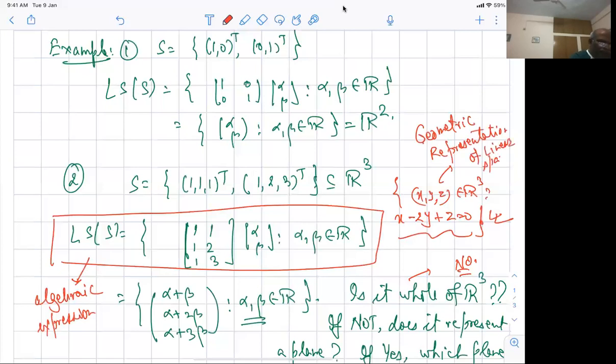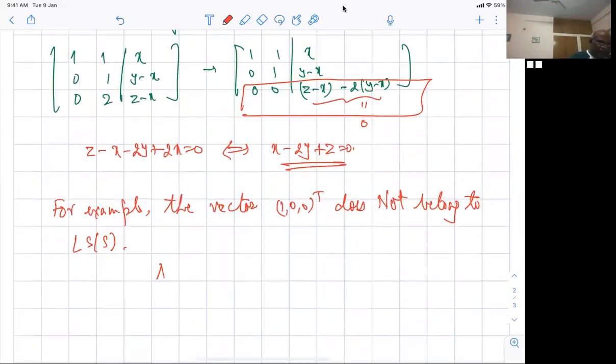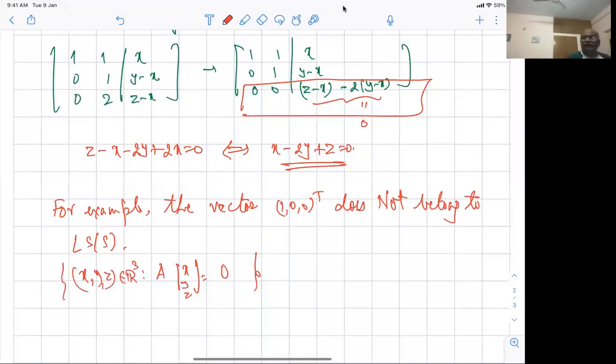So there are two ways of writing a linear span. One is through just the algebraic definition, that it is alpha times this plus beta times this plus gamma times this, and so on. The other way is to write it in terms of planes or lines, or whatever you can think of, as a condition which is coming from a matrix relation. So the geometric representation basically means that you are looking at A times some (x, y, z) should be equal to 0. This is for the R3 part because our things were in R3, but in general, it could be anything. So this is what the linear span means.